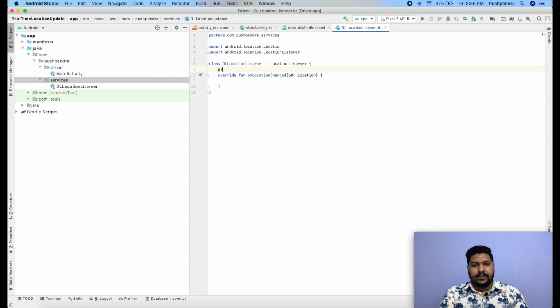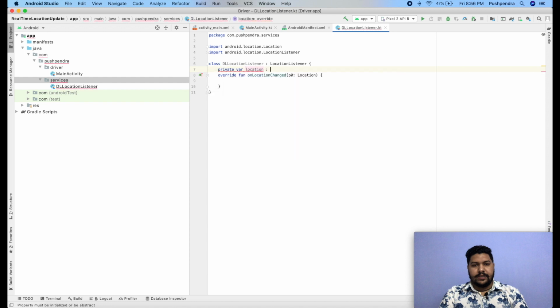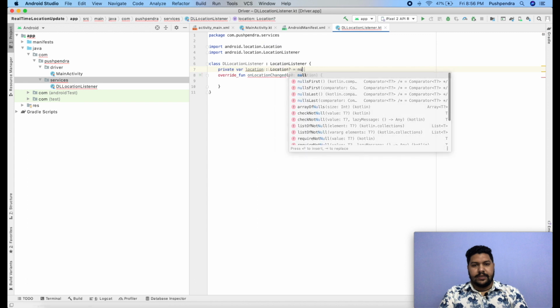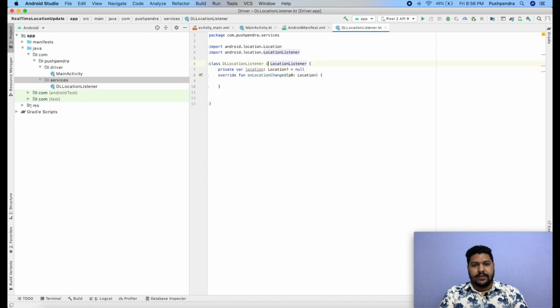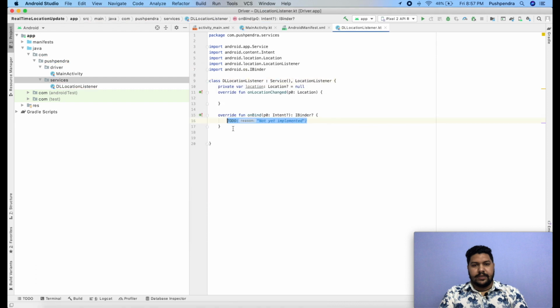Now I am taking one private var location of type Location, by default null. And one more, the class is a service, so we also have to implement its method onBind, and one more, onCreate and onStartCommand.